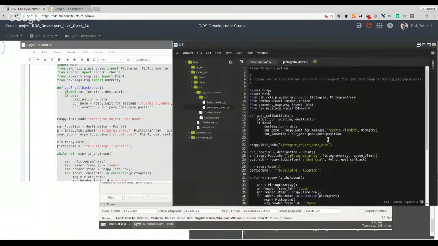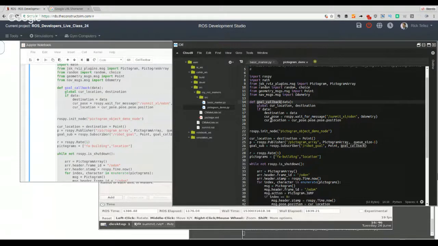Great. So what do we have here? Well, apart from importing some important stuff that is necessary for the code, what we have now is the Pictogram and the PictogramArray messages that are imported from this package, jsk_rviz_plugins. And then, well, we have this callback, goal callback. Why do we have this goal callback? Because we want to do something special with this